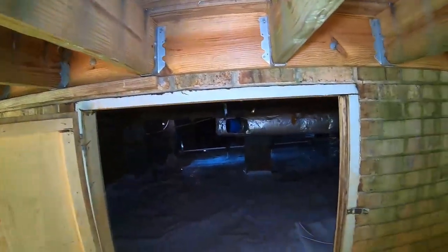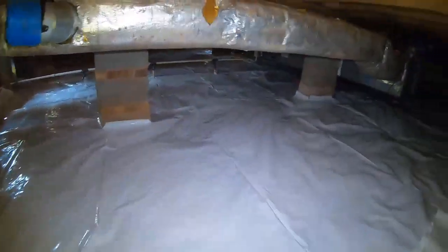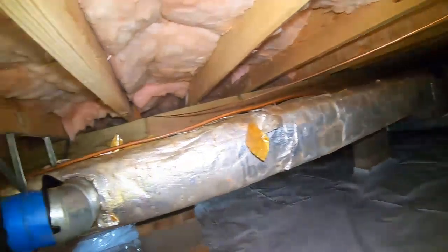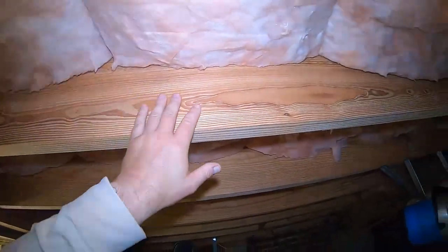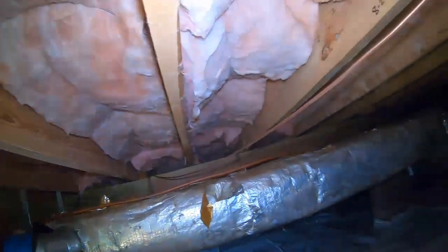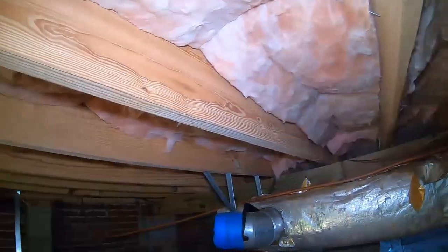Here we are after the 4th day of production. Things are moving pretty well on this project. The guys have already installed the vapor barrier, and we've also re-insulated the subfloor. Note that the mold has been completely treated and removed, and we will get third-party clearance for this as well. That's in progress. The ductwork still has not been reinstalled as they finish up the remainder of the structural modifications, and we'll see here